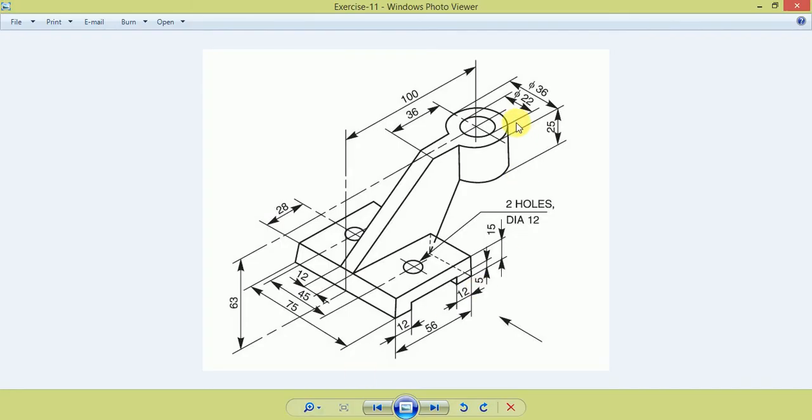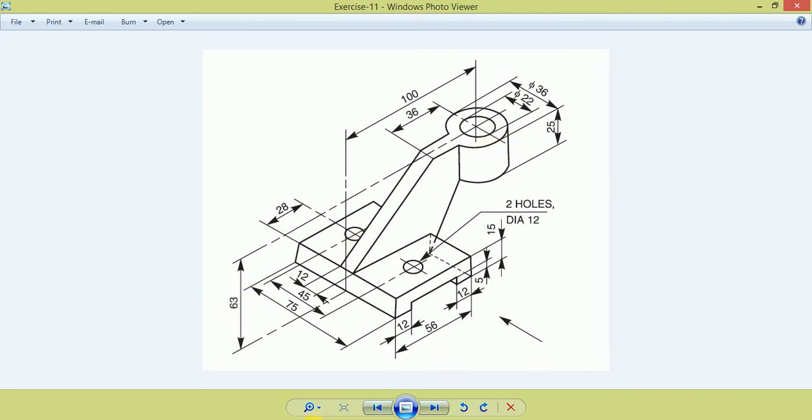Now you can see here this one has two circles, outer circle diameter 36 mm and this one is 22 mm. Now extrude this one 25 mm, and the main point is the center of this one is 100 mm from this edge and from the bottom edge 63 mm.